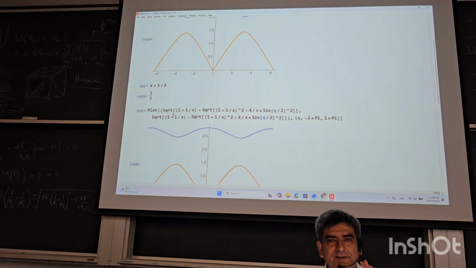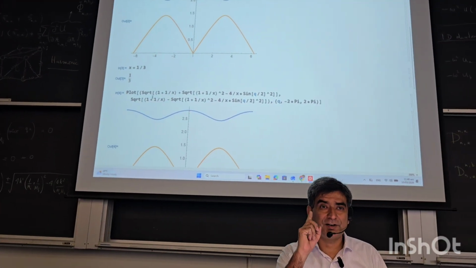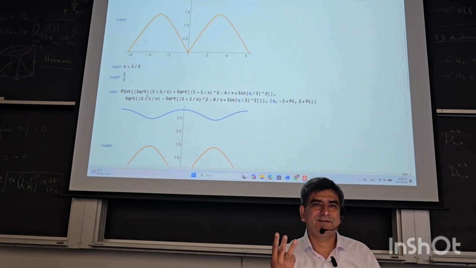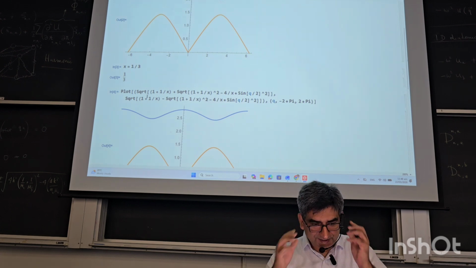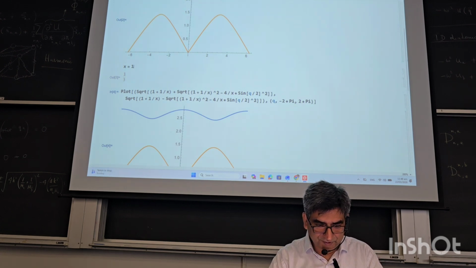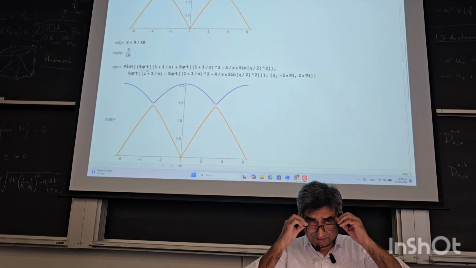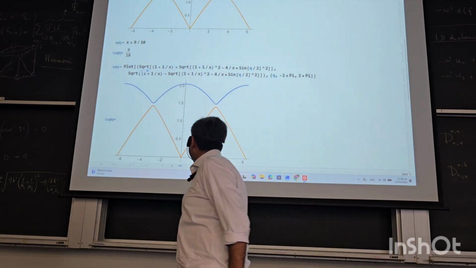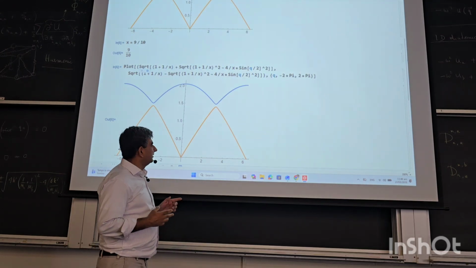So these are branches. 2 atoms in the basis, I get 2 branches in one dimension. If there are 3 atoms, I will get 3 branches. 4 atoms, 4 branches. If X is very close to 1, 9 over 10 say, these gaps decrease,